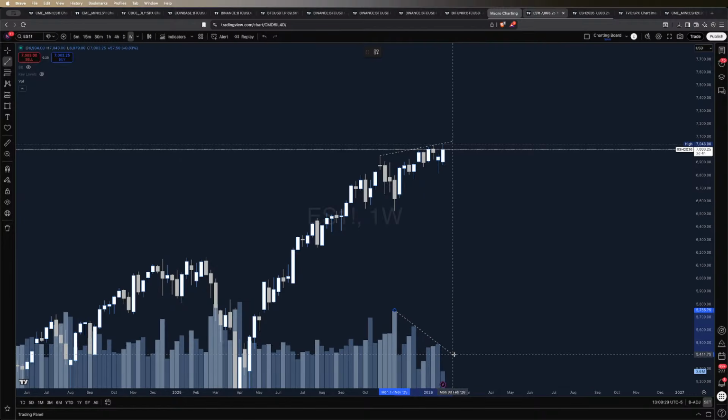Classical distribution phase based on Wyckoff distribution, as well as Jesse Livermore. The two of them are proponents that if there is a lack of volume accompanying the same upward traction of prices higher, then this oftentimes signifies or implies that there is a distribution occurring behind the scenes. Now, since we're charting the weekly, let's zoom in into a daily time frame, here within this range. What is occurring at those levels currently?